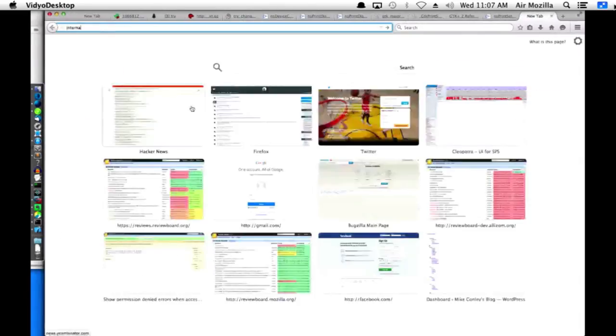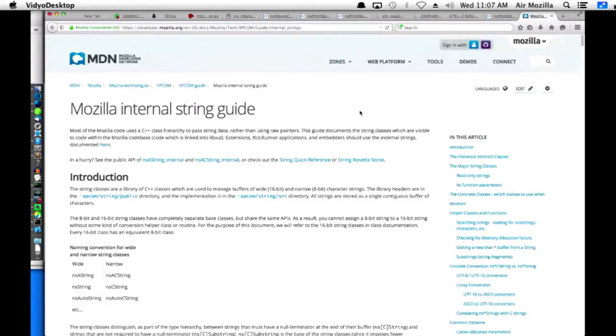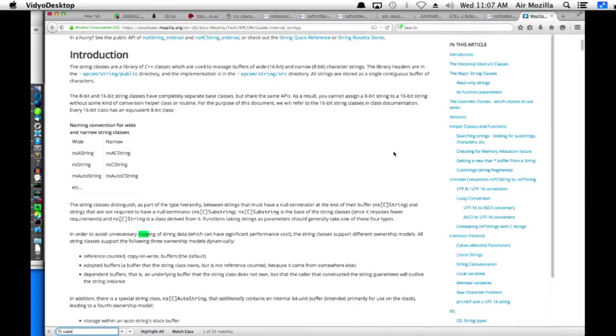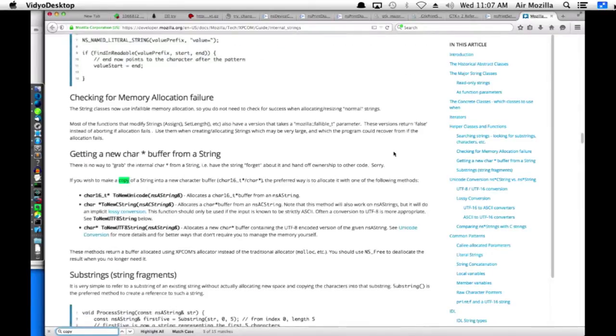How do you... This is something that I'm certain just is, you don't even have to think about it when you do it in JavaScript. Copy a string to a new character buffer. The preferred way to allocate is one of the following methods. To Unicode, to new C string.